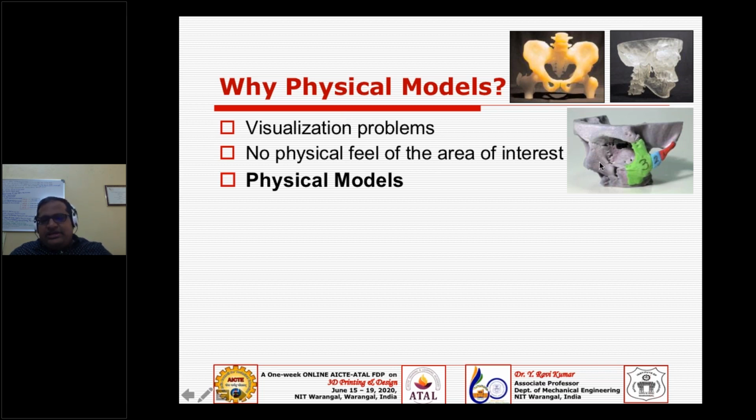Say for example, you take this biomodel. In this surgery, a minimum of 2 to 3 different specialized surgeons must be involved. Why? Because you are going to reconstruct this bone here, maybe due to an accident or some other reason, or some bone cancer. So we need to remove this portion, and then we need to augment it, or fix an implant, or give some artificial part here. And then how many doctors of specialization should be involved in this?